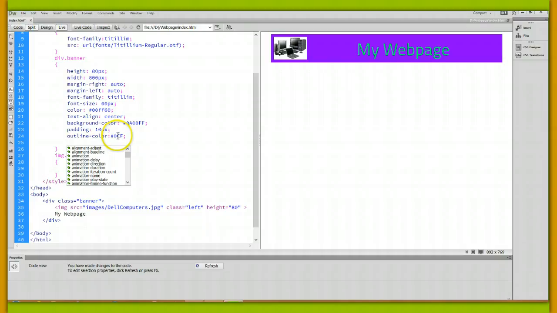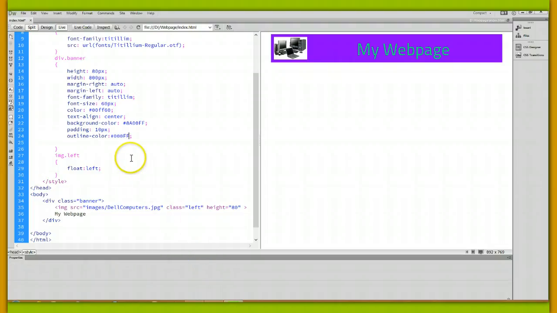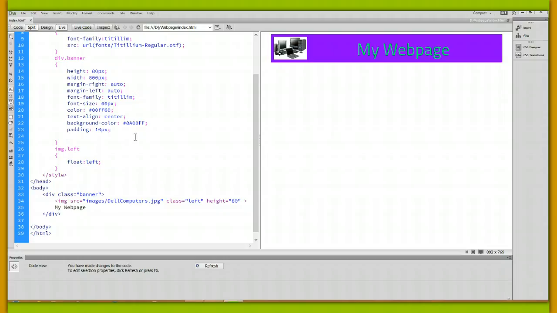And I can't see there was much change. Let's change that to 0, 0, 0, FF. And let's click refresh. And it doesn't seem to have done anything, but that's okay. That sometimes happens with some of these things, that you don't see much change. But that's just an example of what you can do with